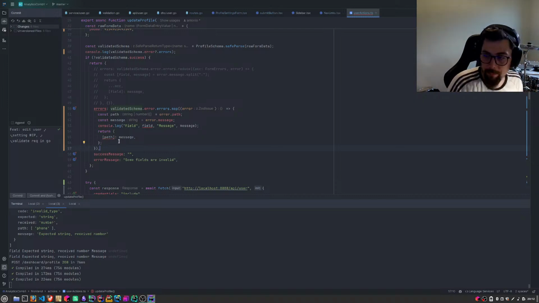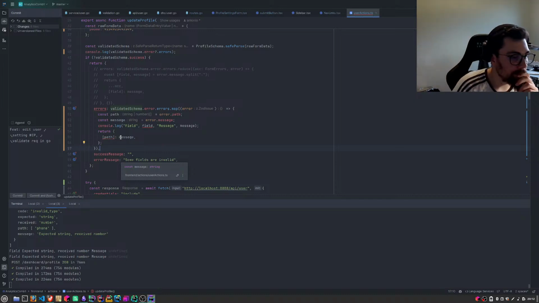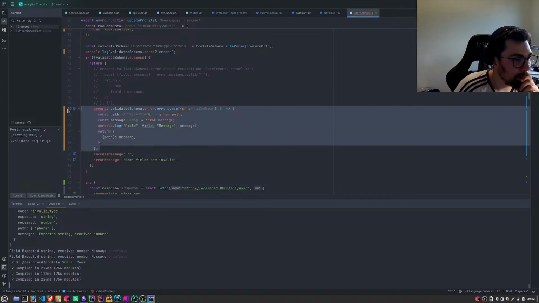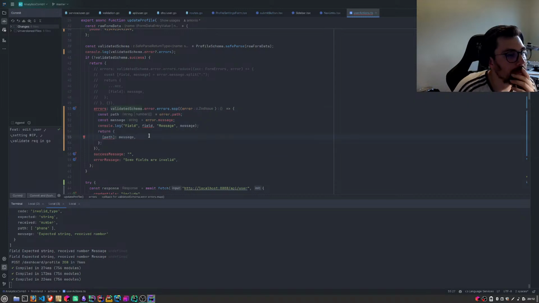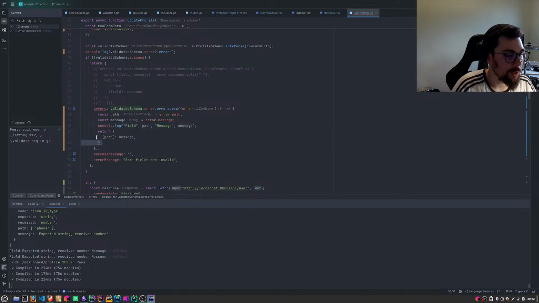Can we do this with a map? I think. So let's at least console log our path and our message and not return anything yet.